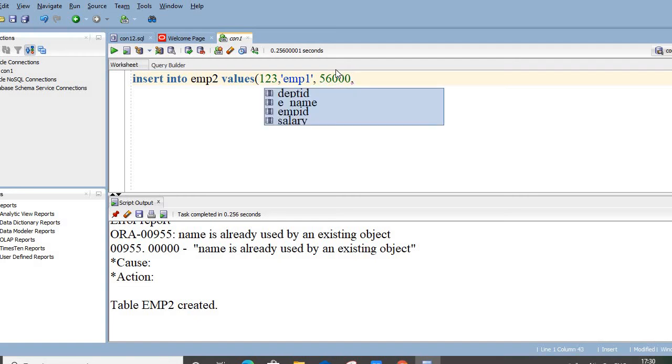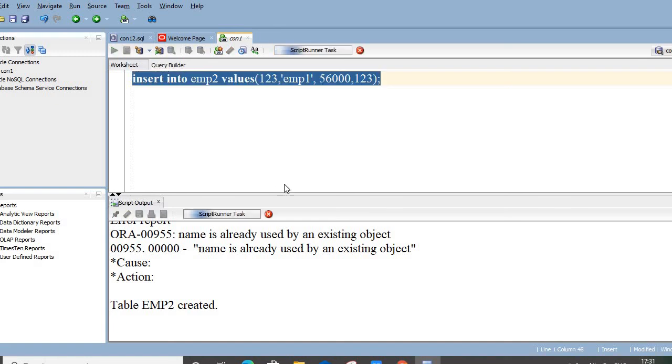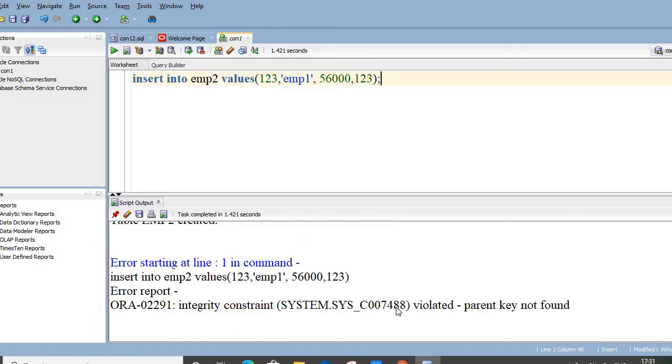Then I need to supply some department ID like this one. But see, here I am trying to enter the value 1, 2, 3. It should not accept this value because we have not provided that value for the department in the department table. So it will create this violation. Parent key not found means that this value 1, 2, 3 is not present in the parent table.